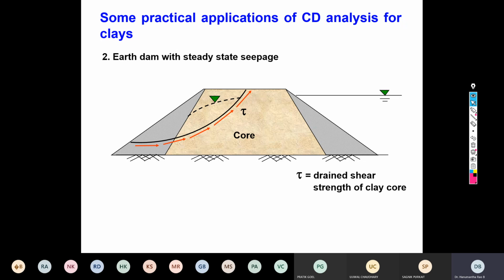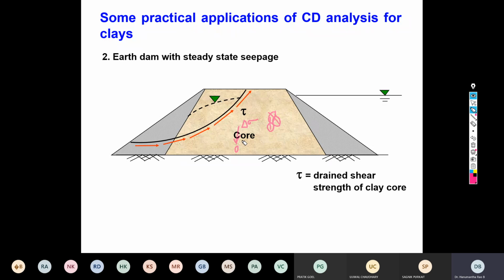Now try to look at this. Suppose I have taken this element. When I apply the vertical load, say this is delta sigma, this load is borne by the water particles plus soil particles. If it is on the soil particles, there is no problem because they will try to readjust. Say, for example, soil particles are initially like this, and during the adjustment they will come like this. Initially this is vertical, inclined later.